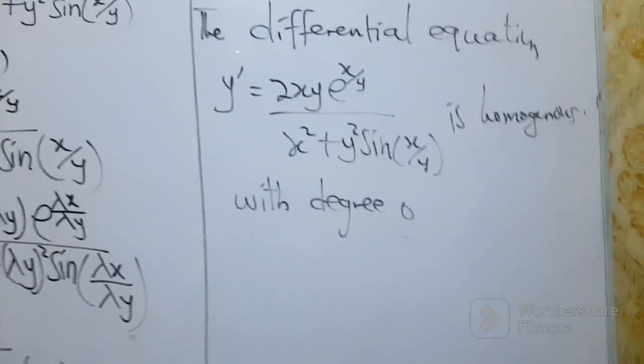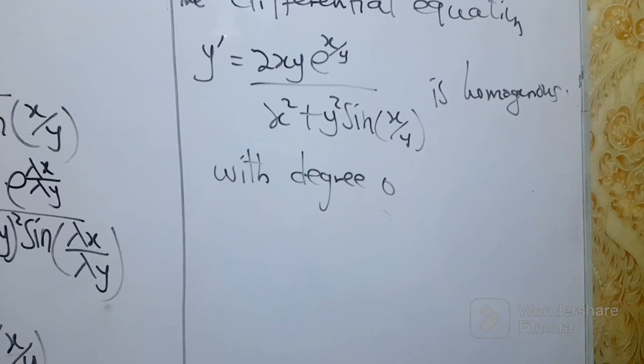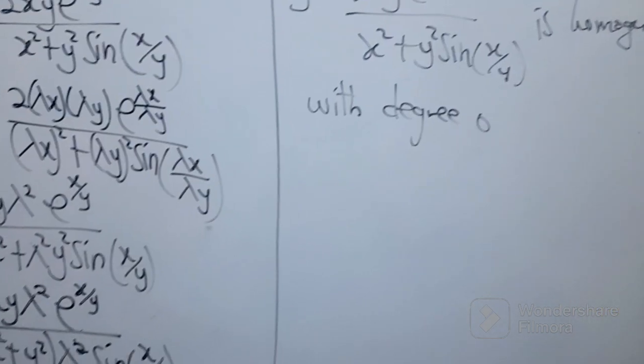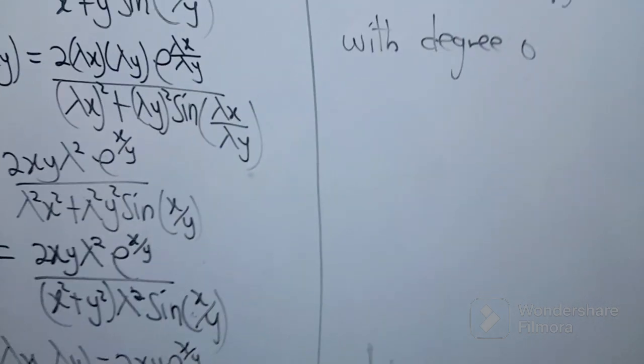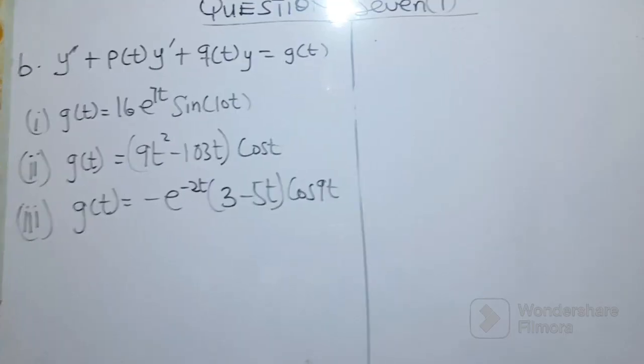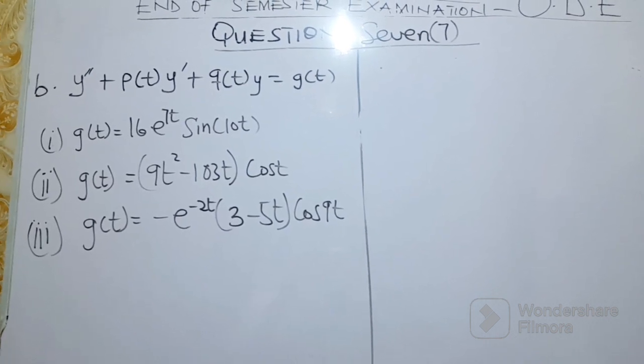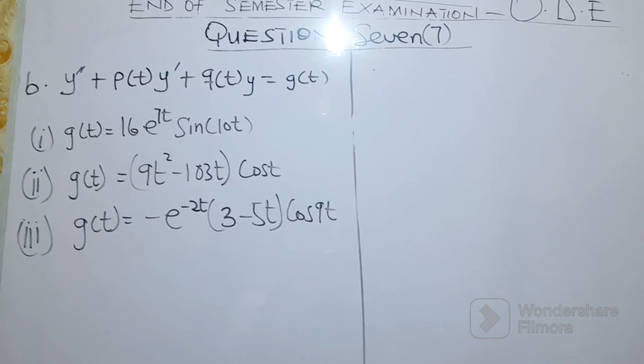So that's it: how to determine if a differential equation is homogeneous. Now we go to the B aspect of question 7, which is worth 12 marks. The B aspect of question 7 says to write down the form of the particular solution to the